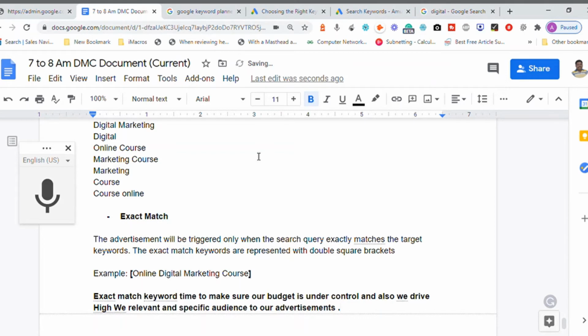When people search exactly what we are targeting, if they come to our business they will be converted. Otherwise we may end up driving visitors who are irrelevant to our category. We may end up losing huge money and we may not get business or profit.